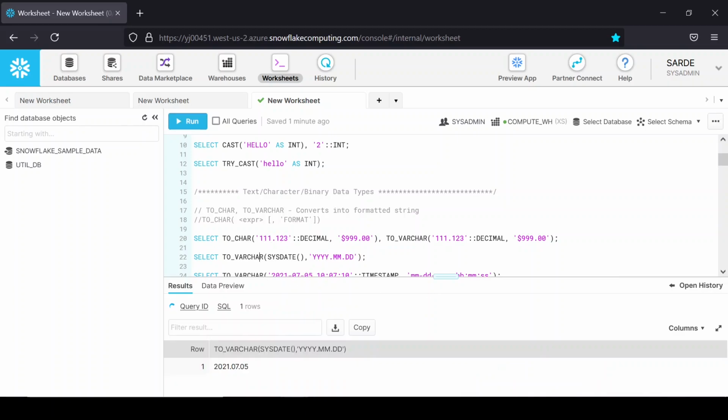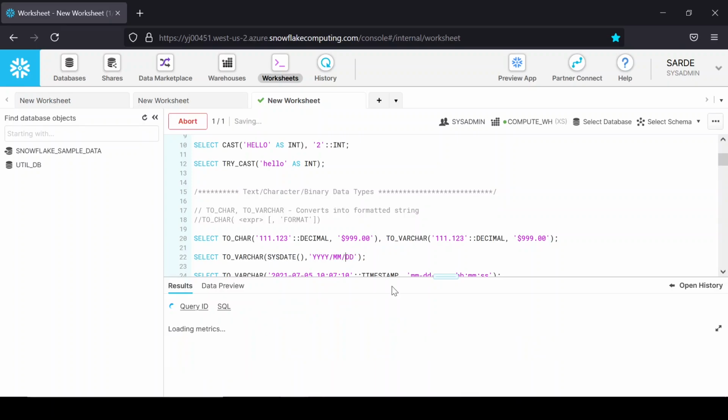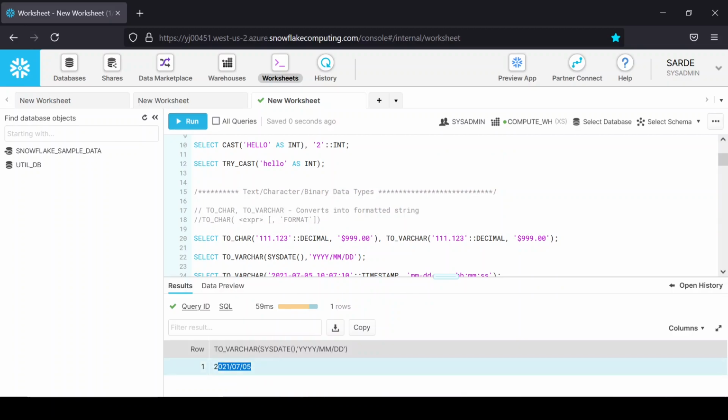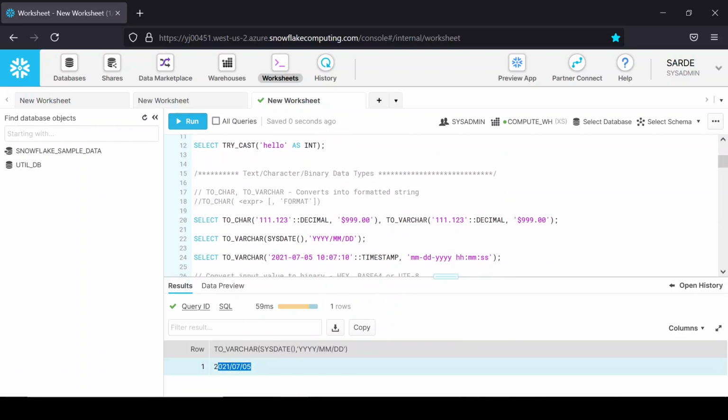Next, if we pass sysdate to our to varchar, this sysdate will be converted into the given date format. If I just change this to slash and run it, I can see I can convert that date format as well. With this third select query, I can see it has successfully printed. I just switched it to month first, then date, and then year. So by using this to underscore varchar, I can format our string or any decimal value, these kinds of things.